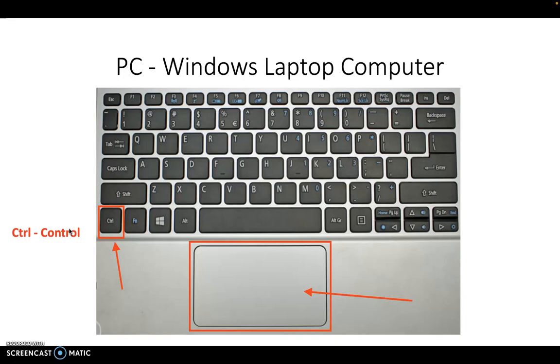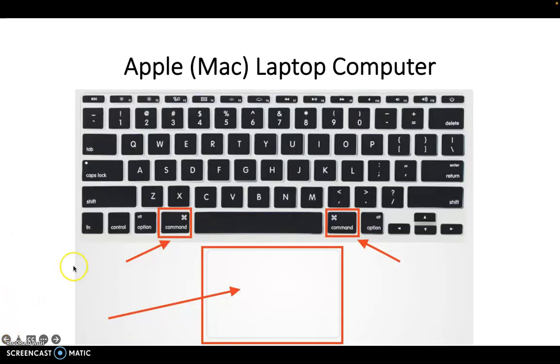You press that button. Different laptops, the keyboards will be a little bit different, but you will see somewhere one or two keys that say control, CTRL. So you press that button, you keep it pressed, and then you press the trackpad right here. So again, you'll press the control button, keep that pressed down, and then click the trackpad. And each time you do that, you will open up a new tab. If you are working with an Apple computer or a Mac, it's a little bit different, but it's very similar. You're going to press down the command button, keep the button pressed, and then click the trackpad. And that will open up multiple tabs.